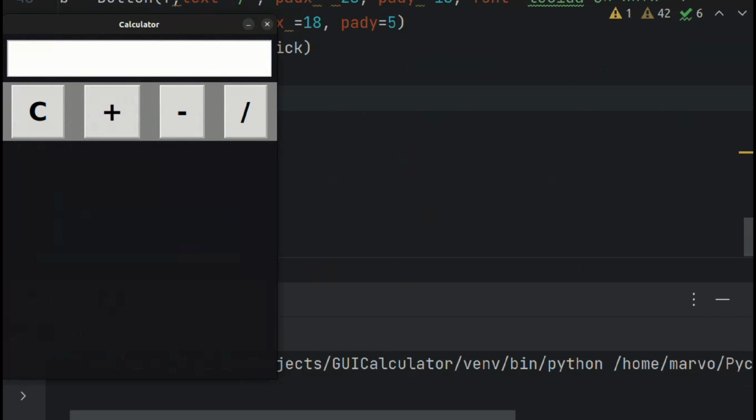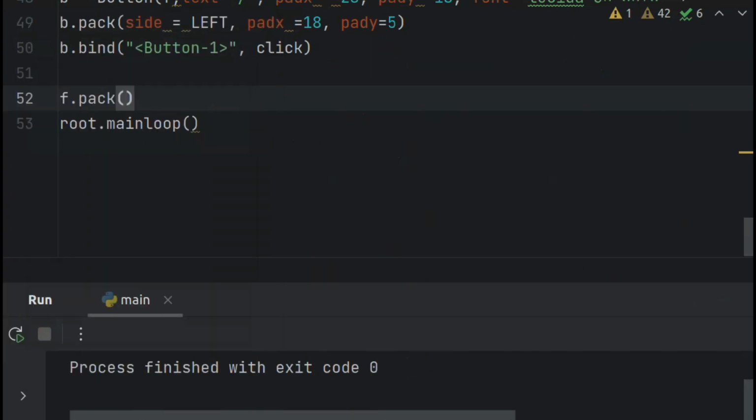parent container using the pack geometry manager, which automatically arranges the widget based on the available space and the desired layout. The pack method can take several parameters to control the packing behavior, such as side, fill, expand, anchor, padx, pady, as you have seen I've used it. Then next, after that,